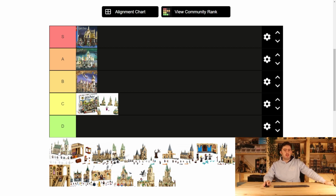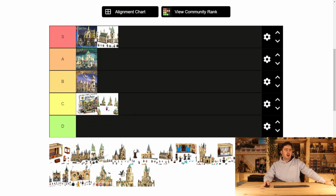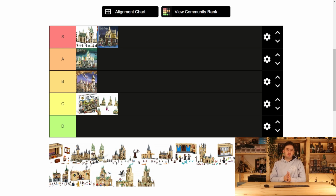Then we're going to have a look at the 4th edition Hogwarts Castle, and to me, this is the best Hogwarts Castle set, or at least best Hogwarts Castle play set ever made, because it's the most complete in this one set, which was I think $120 or £100. We got the watchtower, we got the library, we got the room of requirement, we got the trophy room, we got Dumbledore's office, we got the Great Hall, we got the Slytherin common room, we got the